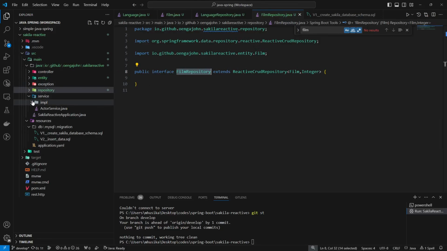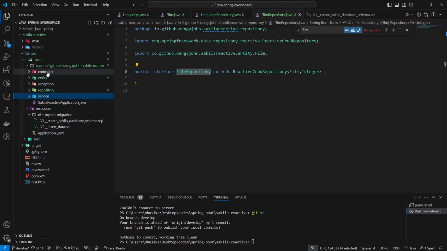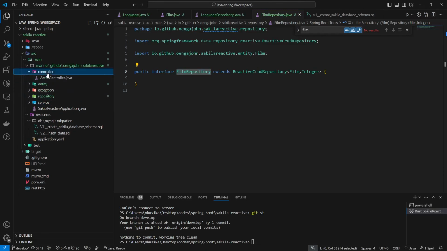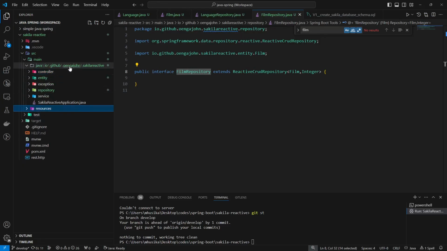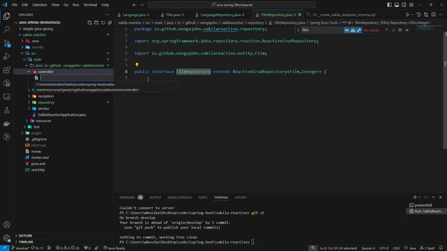So what you're going to do is make use of custom DTOs, or data transfer objects, just to illustrate the process of mapping the film entities and the particular language together, and just mapping that to a list. So what you're going to do is just expose a simple controller, and then we'll be able to have a simple service. So in this case, we are just to say film